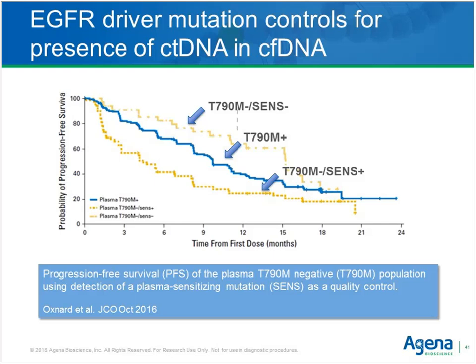This means a completely different pattern for progression-free survival, and a worse prognosis for these patients, compared to the case at the top, where T790M is negative as well, but where you could not detect sensitizing mutations,